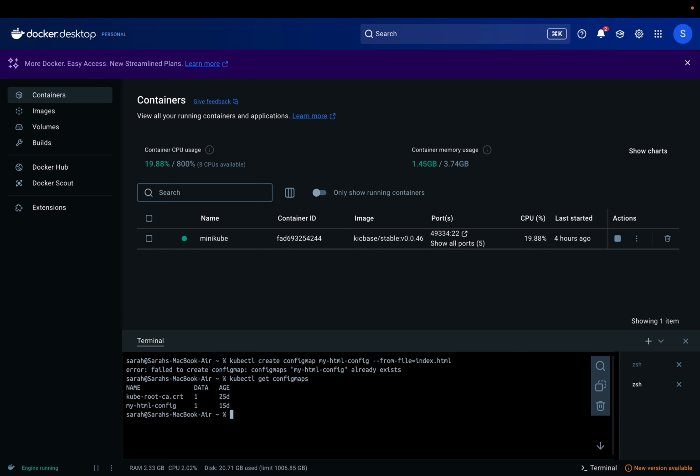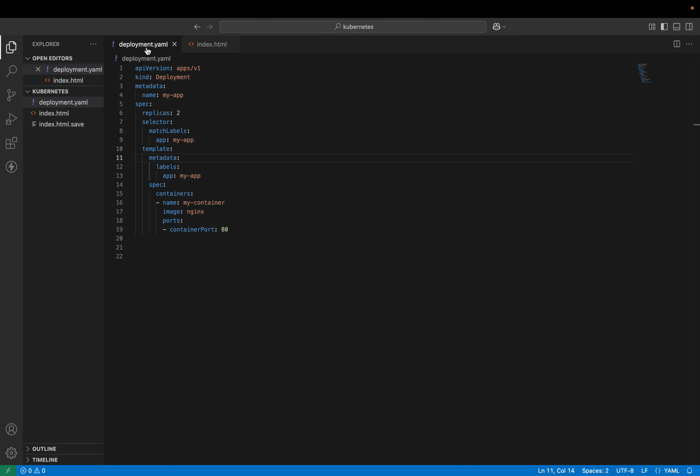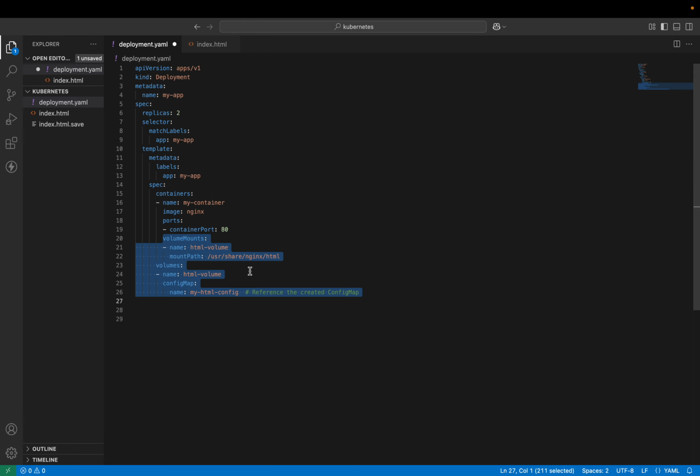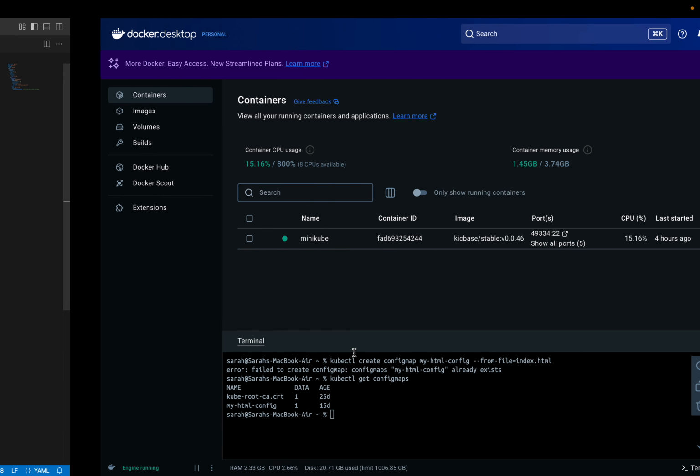Now we need to update the deployment.yml to mount the config map. So we can go to deployment.yml. This is the code, and this code will allow the NGINX web page to be customized to our HTML file, and we specify the config map that we created. And now we can start